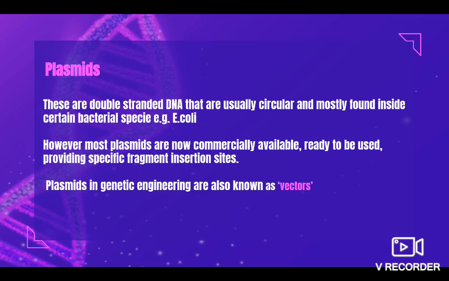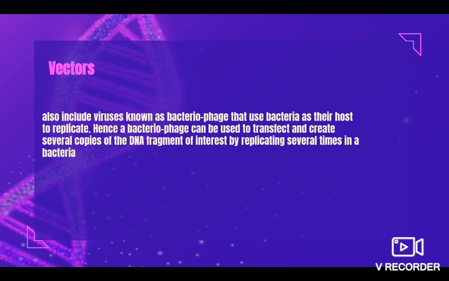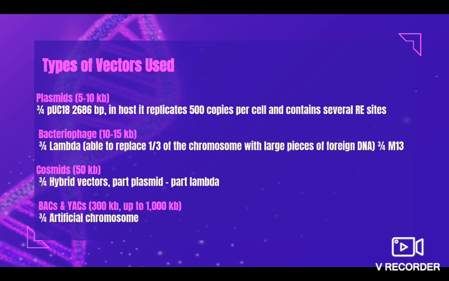Plasmids are double-stranded DNA, usually circular, mostly found inside certain bacterial species. Plasmids are also known as vectors. Vectors also include the viruses known as bacteriophages that use the bacteria as their host to replicate. Types of vectors used: plasmids, bacteriophages, cosmids,